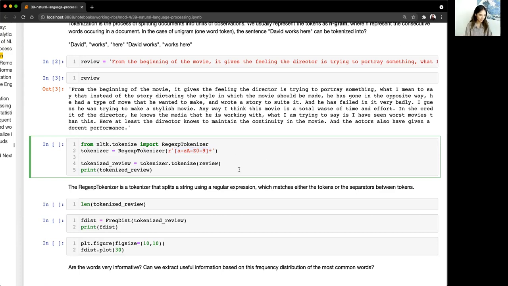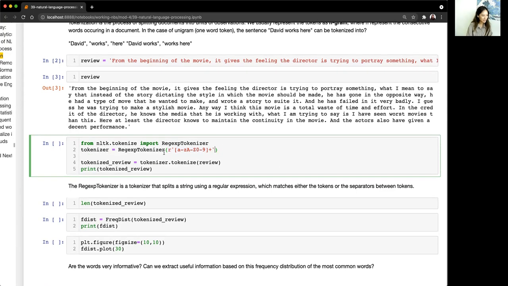But anyways, just to quickly go over what this regex expression means, and if you want to define a regex expression, similar to how we do F strings, if you just put an R in front of a string, it becomes a regex expression. What this means is that to recognize a token is basically any sequence of characters from lowercase a to z, uppercase A to Z, and can also contain numbers. And this plus basically means no matter what the length. However, once it reaches a character that isn't one of these, it will stop and then that becomes a token. So that's what regex tokenizer is doing.